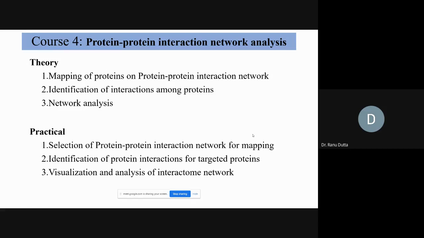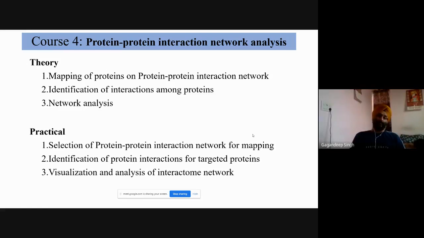Randeep. And this is the final part of our course, that is protein-protein interaction network analysis. First of all, what is a protein-protein interaction network? What is the need of this network? Proteins which we have identified, and what are those key proteins, and what is the interaction of those proteins? For example, if by using next generation sequencing, we have identified a protein which is related to a particular disease, but that protein is interacting with some important pathway.